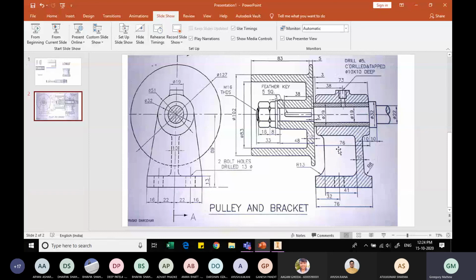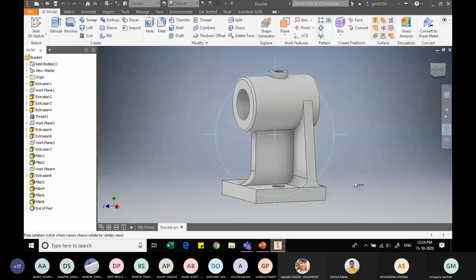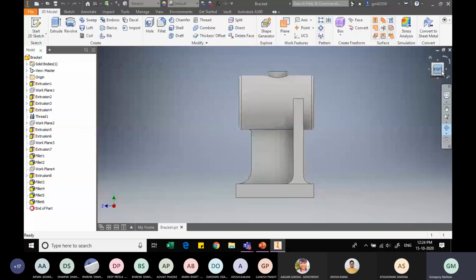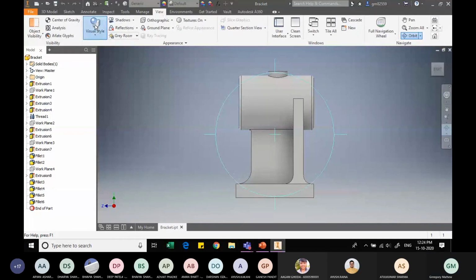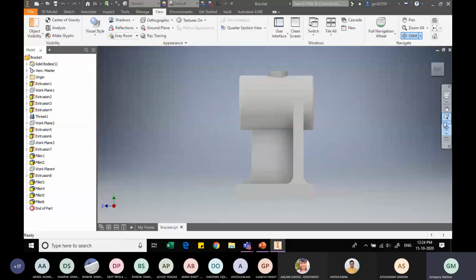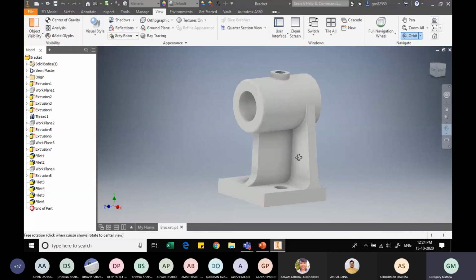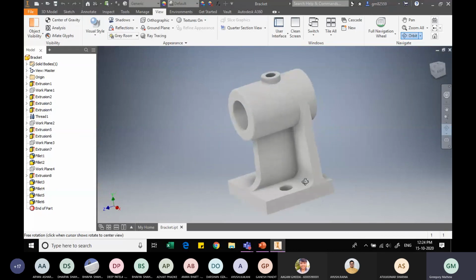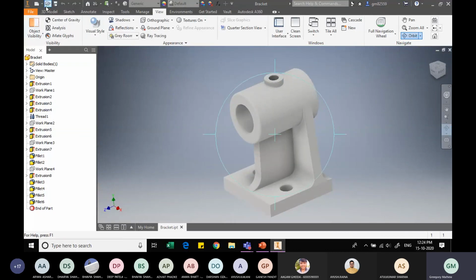It is still shown as a complete part here. So let me save this. Yeah, save. So I will stop my recording.